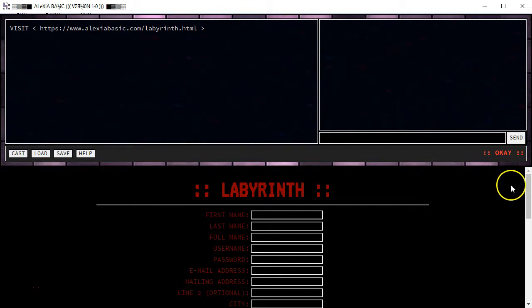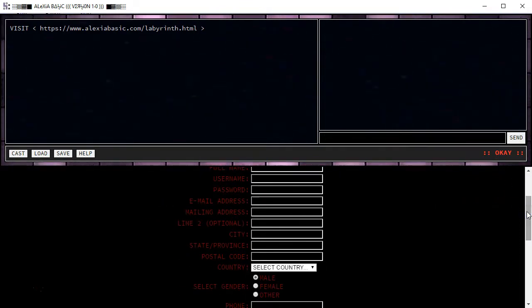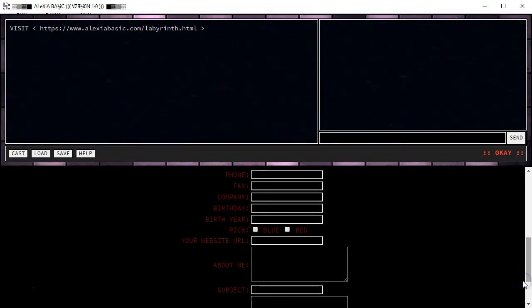So here's the labyrinth. The labyrinth is a great place where we can play around with various commands and see how they work in the context of various forms. Now, in this instance, we're going to focus our attention on the About Me portion of the labyrinth down here. So let's just go ahead and comment out this portion of the code so it doesn't get cast again. And now let's do the following. Type my name is Steven